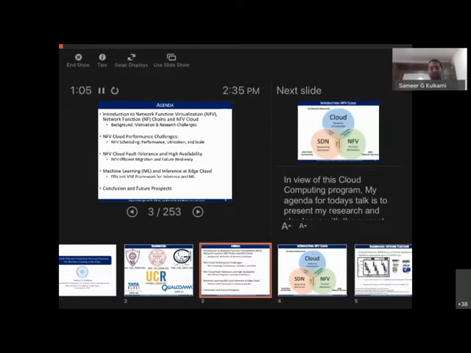It is also true for the NFV cloud, but the way NFV comes into the cloud, the requirements change. For these, we need to rethink how to build fault tolerance and high availability. In this space, I'll present our NFV efficient migration framework.